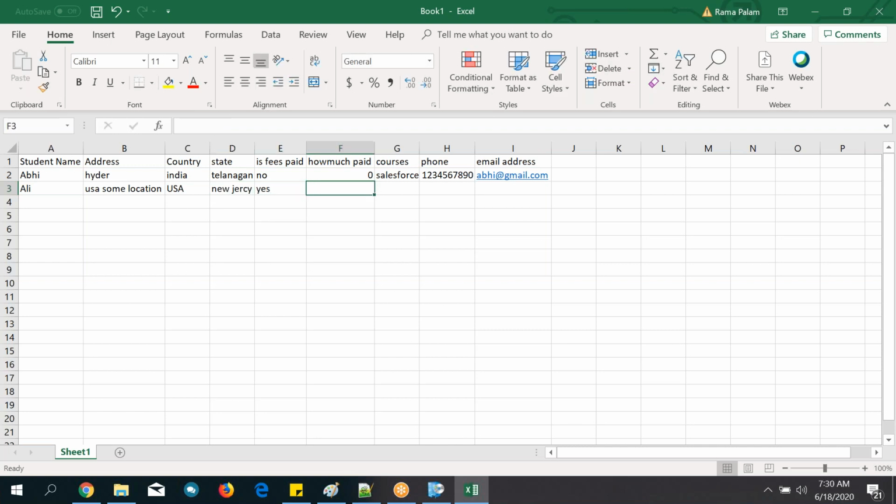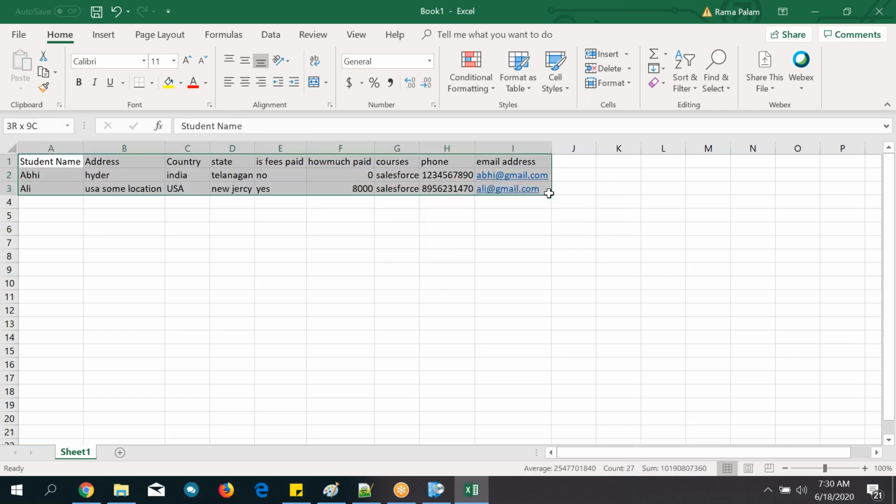Fees paid, yes, and how much paid, think about some amount. Course, Salesforce full course, and a gmail.com email. So this is all dummy data, guys. It's not accurate data.